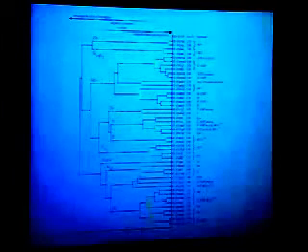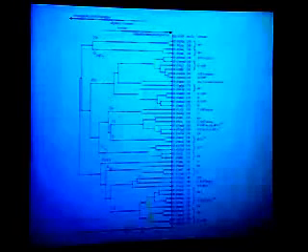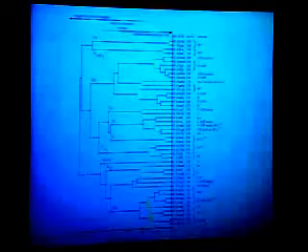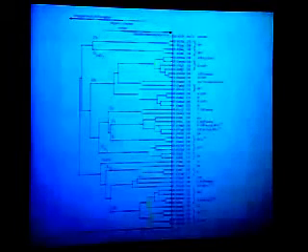So one of the key things that came out of Patrick's work is that he developed a new technique to really define what we mean by non-redundant sequences and or structures,